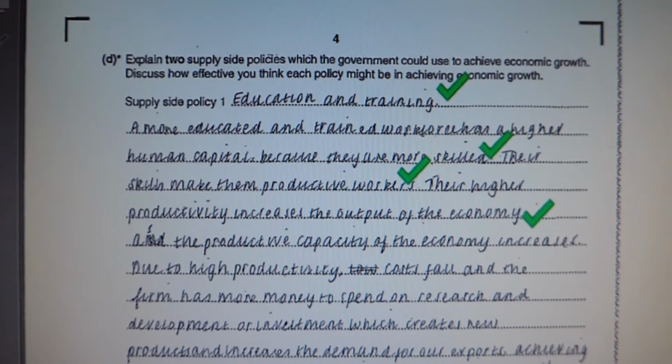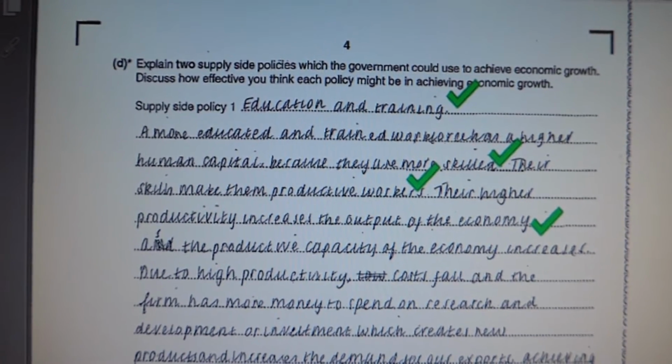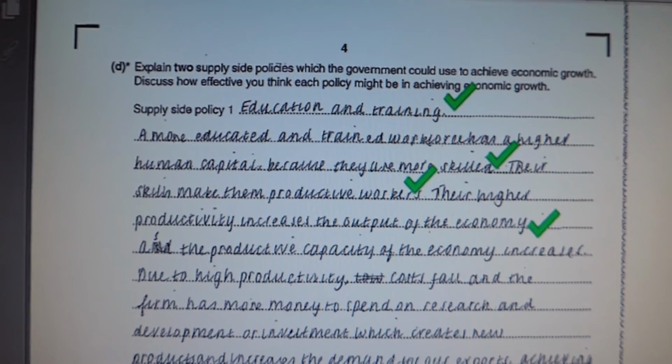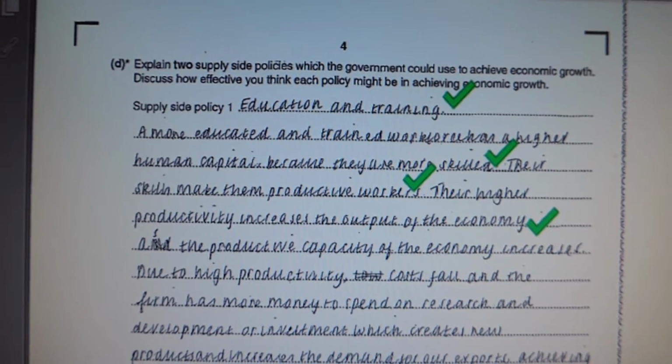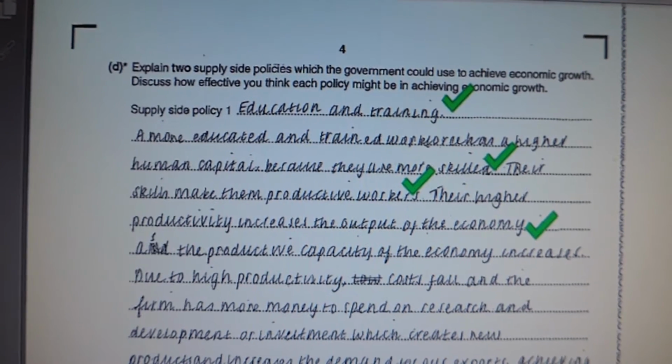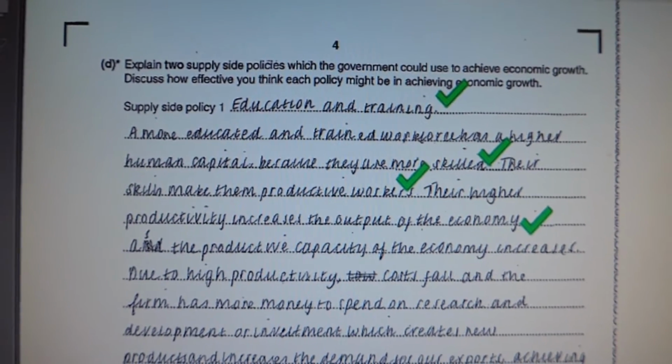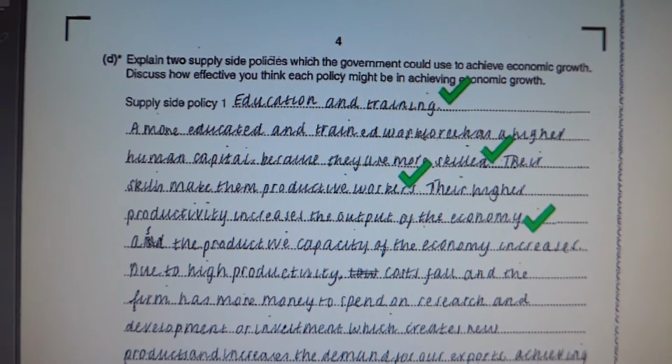First thing is, ladies and gents, you must know the difference between monetary policy, fiscal policy and supply side policy. Remember, monetary is base rate and money supply, fiscal, government spending and taxation, supply side policies, a whole host